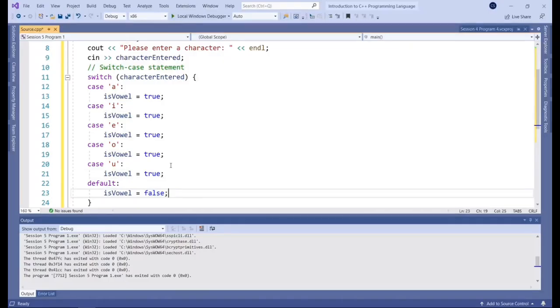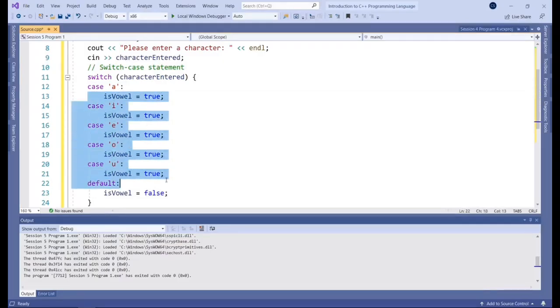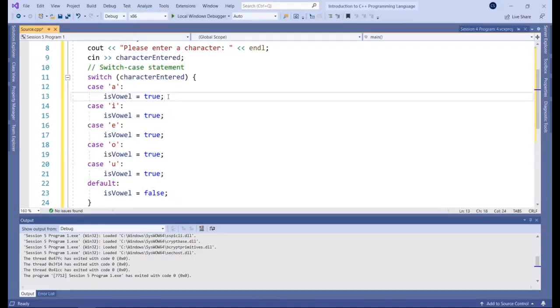The switch statement will look for the first case that matches, and if there's no break clause, it will keep on running the code below it. So it's really, really important that when you're creating a switch case statement, you're mindful about including break clauses. So we would need to put in here break.